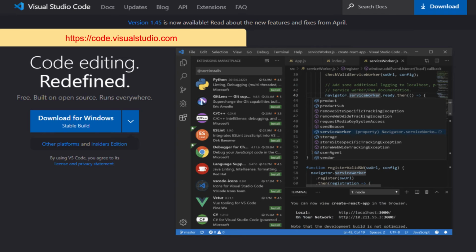Now the next thing that I would recommend that you have is some sort of IDE. You are free to use any IDE you are comfortable with, but in this course I will be using Visual Studio Code. Visual Studio Code is really a nice IDE, it is very lightweight, and it comes free for Mac, Windows and Linux. If you already have an IDE that you are used to, that is not a problem. You can go ahead and use whatever you are used to. But in case you don't have an IDE installed on your computer, or you would like to use what I am using on this screen, feel free to get yourself a copy of Visual Studio Code.